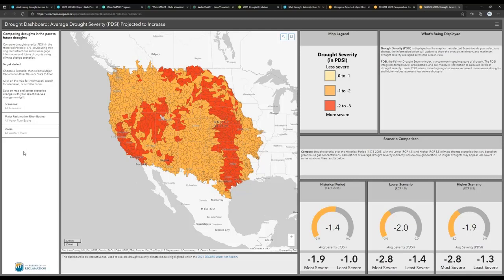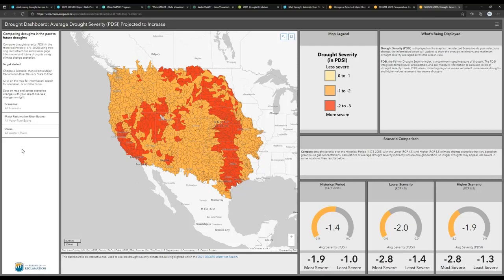And this analysis shows changes to drought severity over time, going back in what we're calling the historical period, all the way back to 1473 using paleohydrology, the tree ring reconstructions of PDSI, and then looking ahead in the future to see how PDSI is projected to change using the two climate change scenarios.